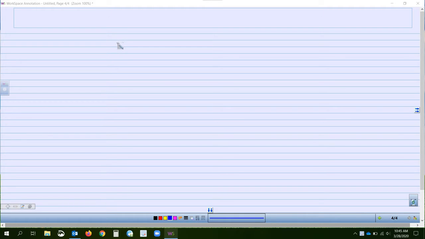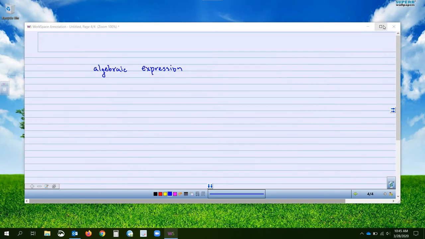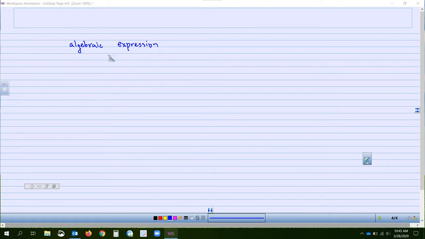some basic algebra terms. So, let's talk about what an expression is, or more specifically, what an algebraic expression is. So we've got expression, and I'm going to go ahead and put algebraic expression in front of it. So an algebraic expression contains, whoa, didn't mean to do that. An algebraic expression contains three things: